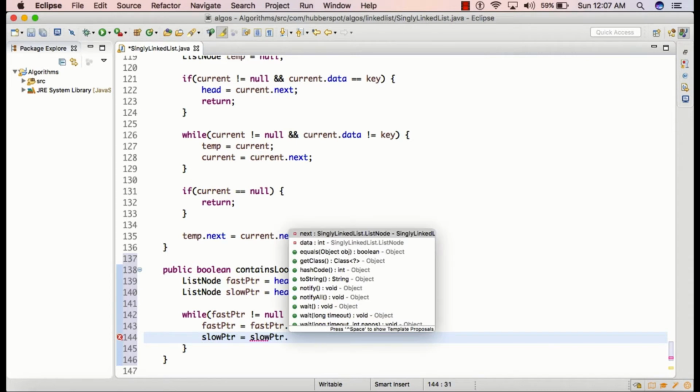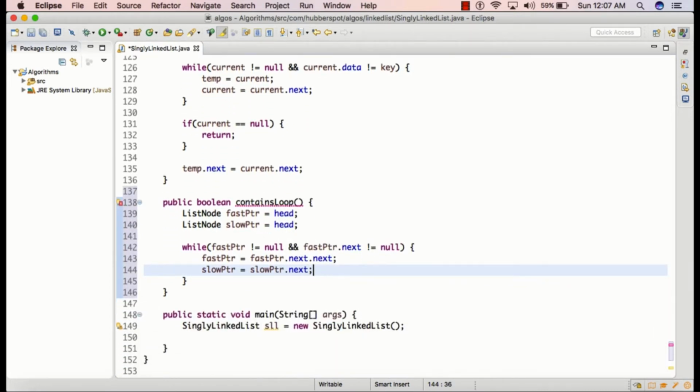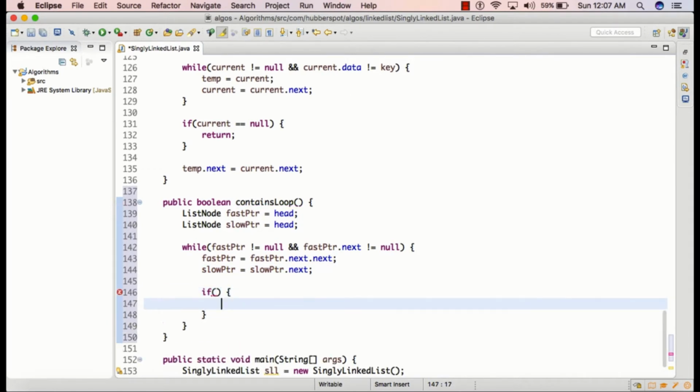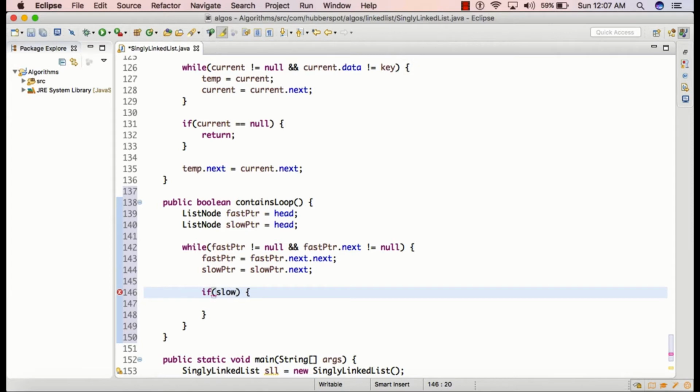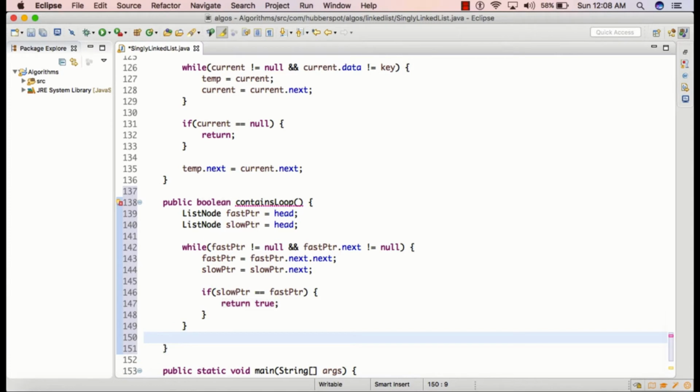So we are assigning slow pointer next value to slow pointer, and then we are providing an if check that if slow pointer is equal to fast pointer, then simply return true, and it means we have identified that the linked list contains a loop. And after the while loop, if suppose we haven't found any loop, then we simply return false.